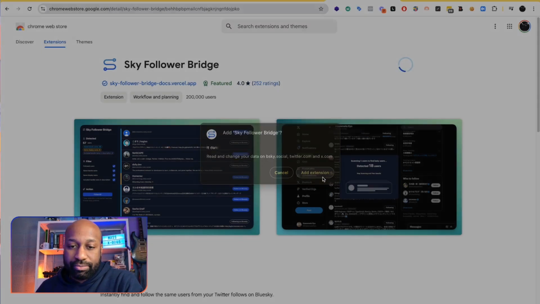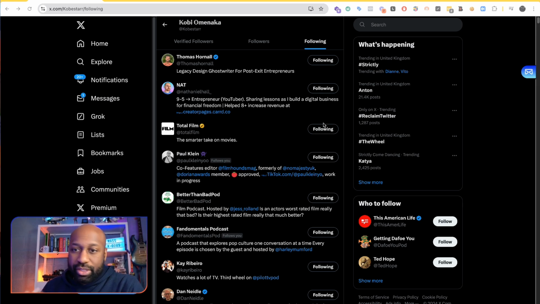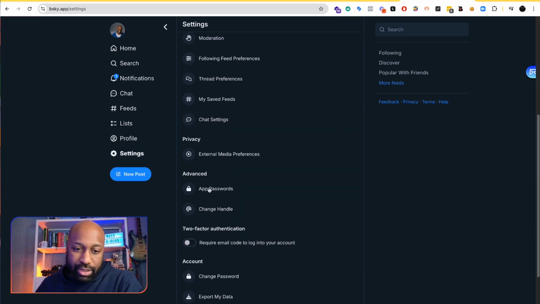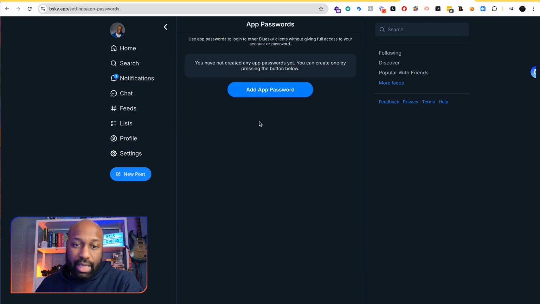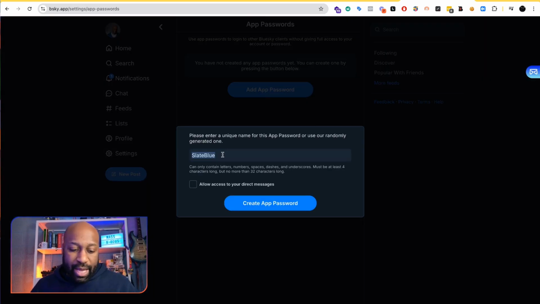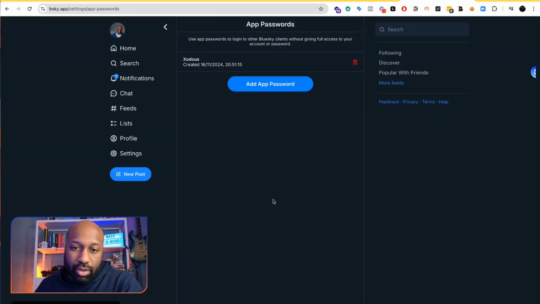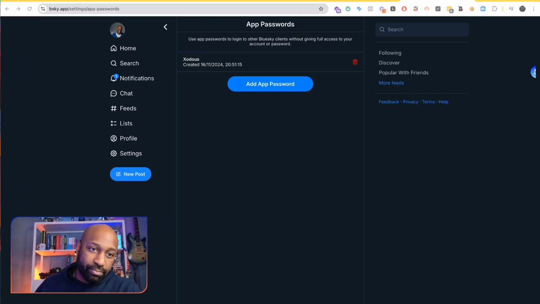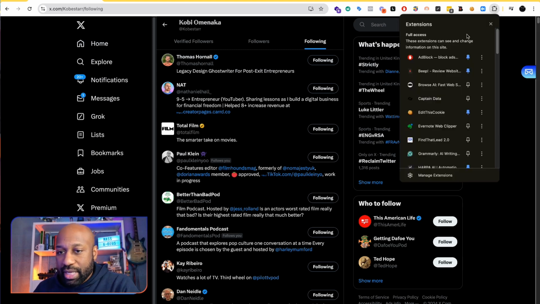So add extension, and then once you've added extension, go to Bluesky and go to your settings, and then go to app passwords. Here we go. Then add app password. Call it a name, Exodus, and then create app password. Copy app password. Once you've copied your app password, go back to Twitter and then go to extensions and find the